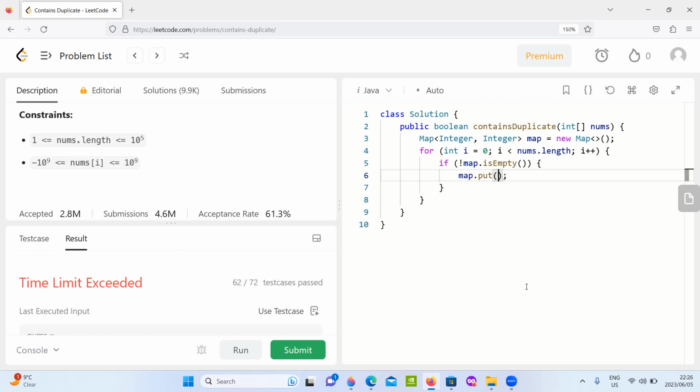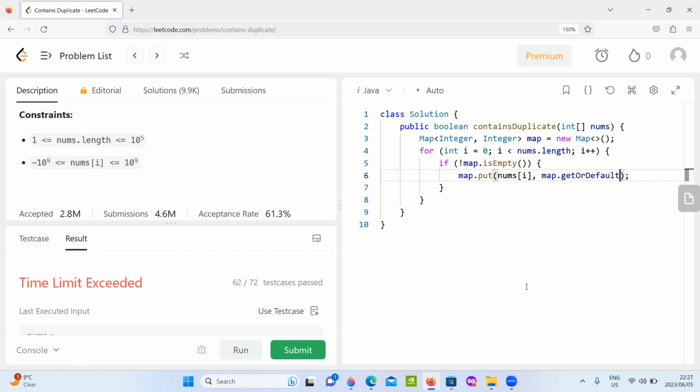It also means that that particular number does already exist. So what we'll do is put it there and also get it from the map, because if the map is not empty, it means that that particular digit or integer already exists. So there is a method called getOrDefault,